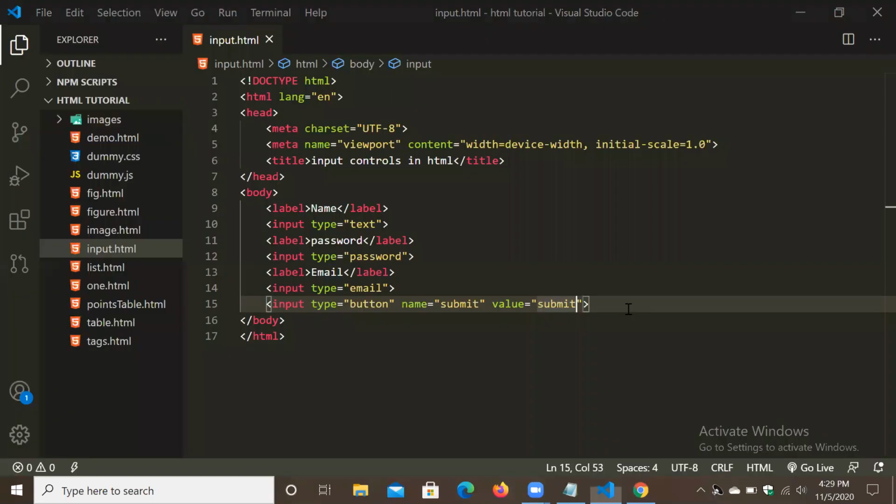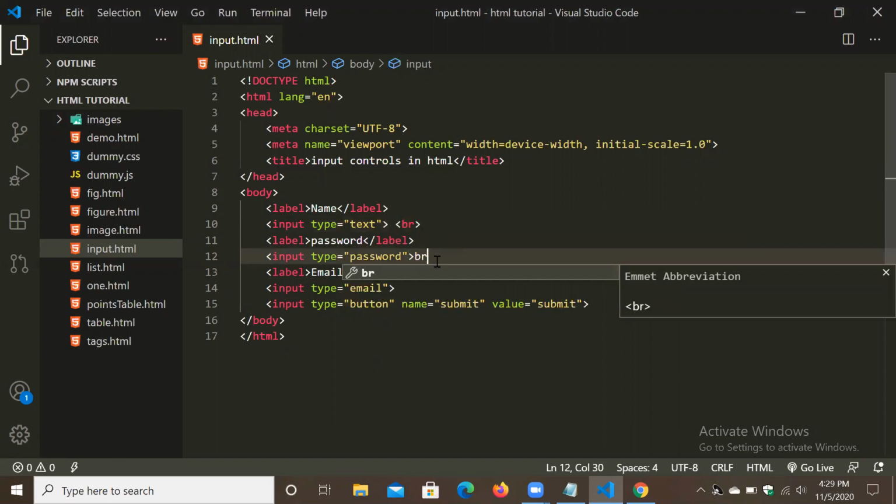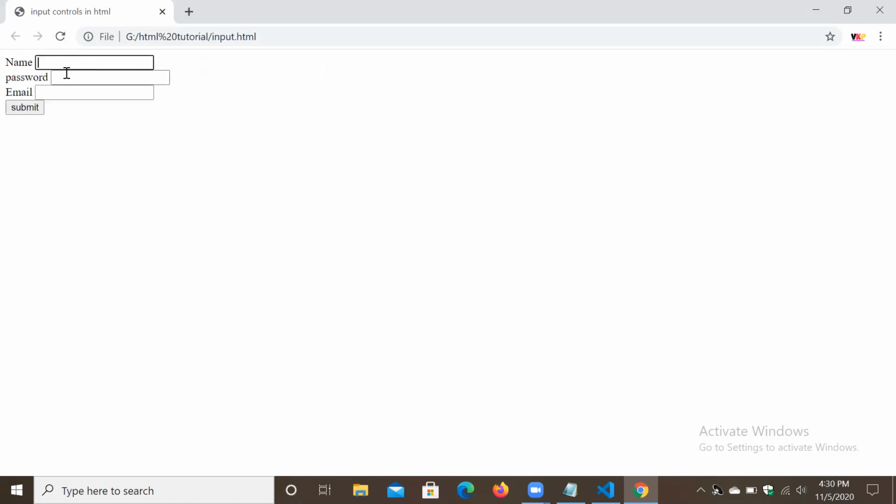Yes. So we can change this. Simply we can use the br tag. Okay. So br. Okay. Look what happened, they came line by line.